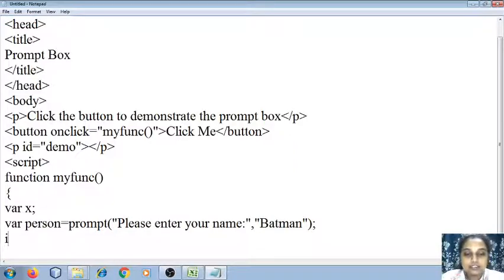All right. So then what if the person does not enter the name? It's not necessary that always the user is going to enter the name, so we need to take care of this condition also.